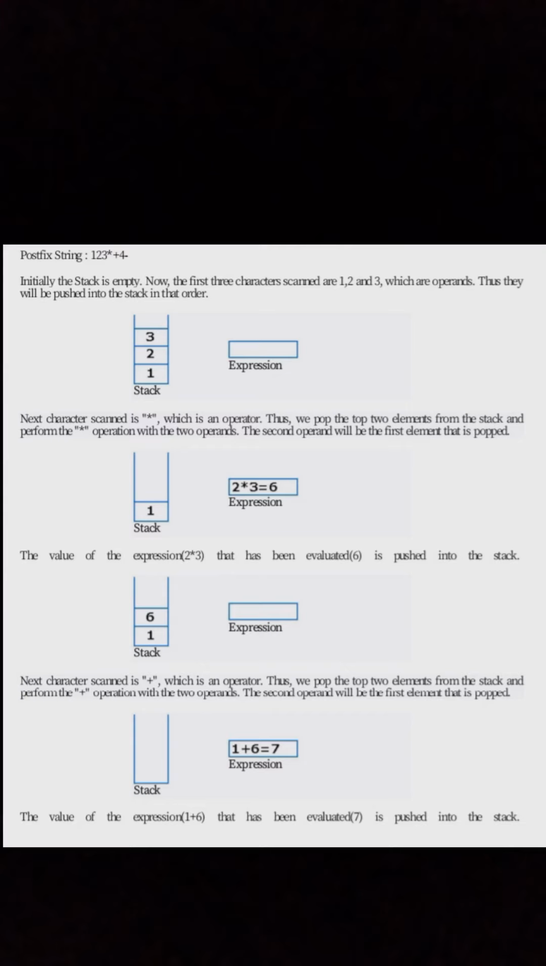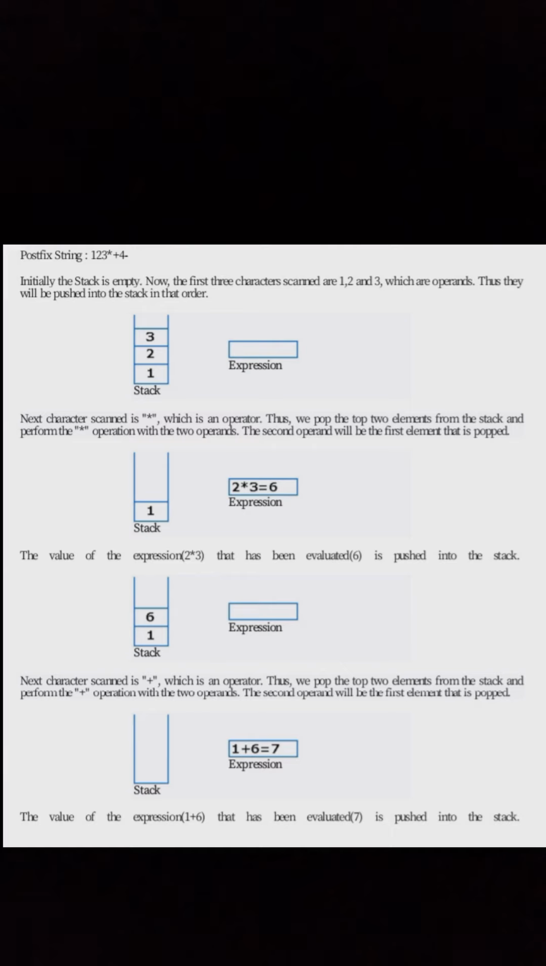Postfix string 1 2 3 star plus 4 minus. Initially the stack is empty. Now the first three characters scanned are 1, 2 and 3, which are operands. Thus they will be pushed into the stack in that order. See the figure. Next character scanned is star, which is an operator. Thus we pop the top two elements from the stack and perform the star operation with the two operands. The second operand will be the first element that is popped. See the figure. The value of the expression 2 star 3 that has been evaluated, 6, is pushed into the